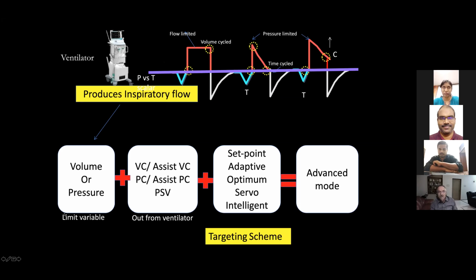So what are newer modes? When this is the limit variable, this is the only possible output from the ventilator; only 5 outputs the ventilator can give. And when you set it to a target, like a tidal volume, like a work of breathing, then you get an advanced mode. So a basic mode with a targeting scheme becomes an advanced mode. But what you have to understand is all these modes are based on a volume limitation or a pressure limitation and only 5 modes. So if you understand the basic